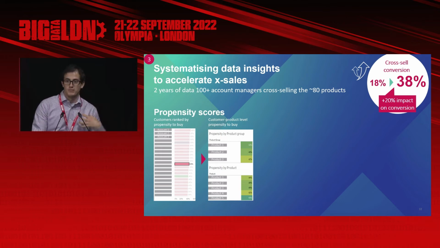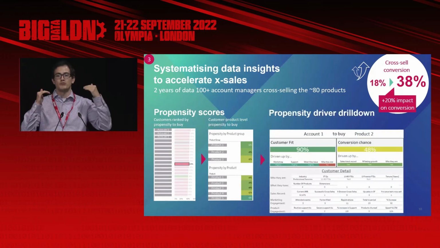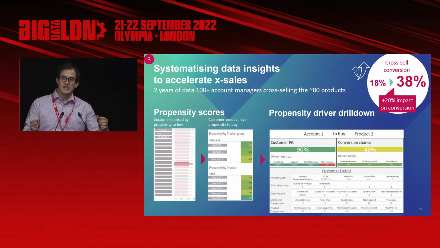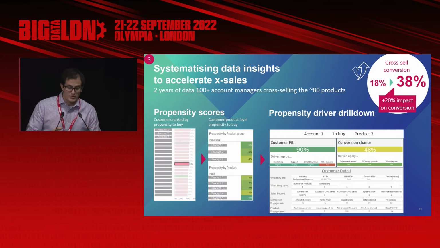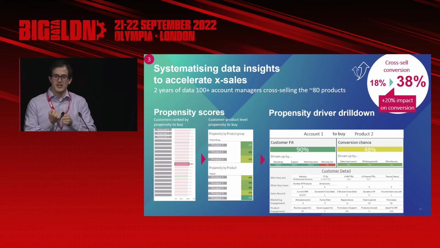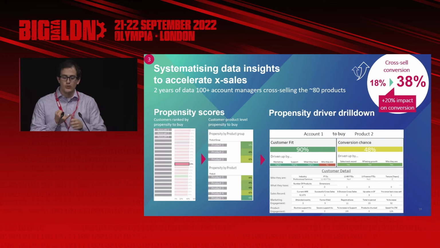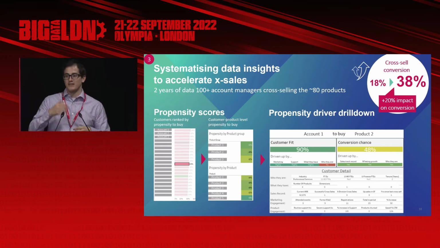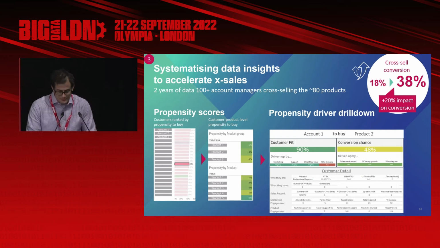And so what we worked on with them is making sure that in that drill down on the dashboard, it was really easy for the sales reps to be able to see the drivers of the model and understand why it was making predictions. And this did two things. One, of course, it gave them more confidence and trust in the model, got us better engagement, got them using it. And secondly, this really interesting nugget was that they actually used these insights and these drivers to better tailor their conversations with accounts when discussing cross-sales opportunities, helping drive that impact in the top right.